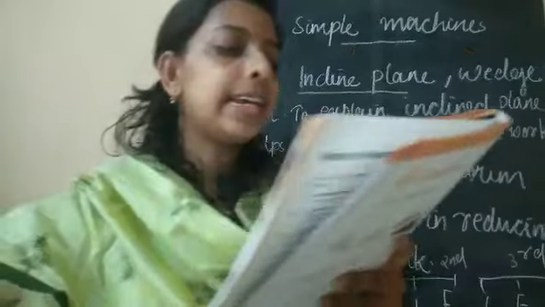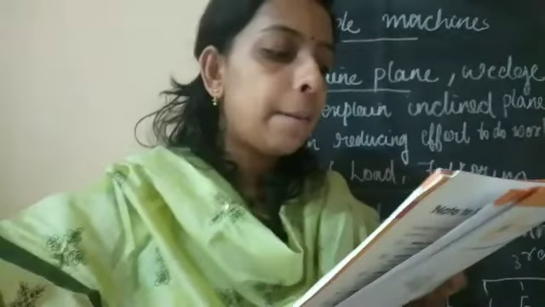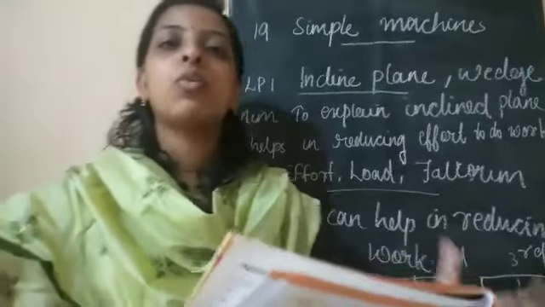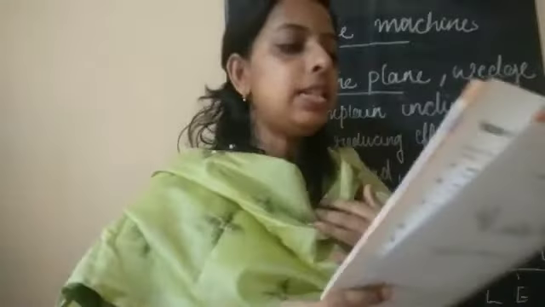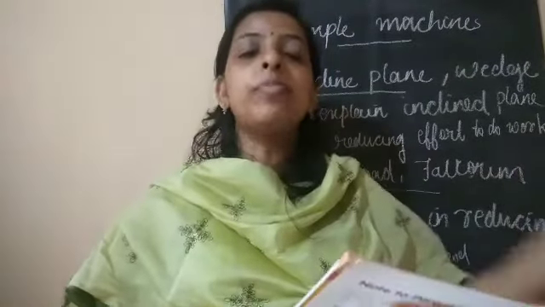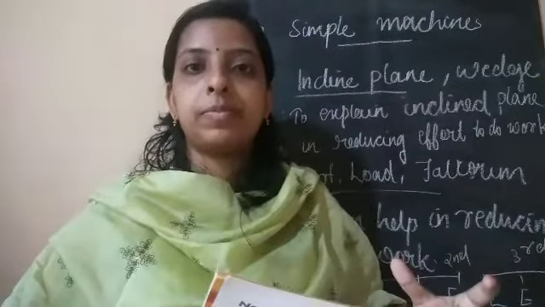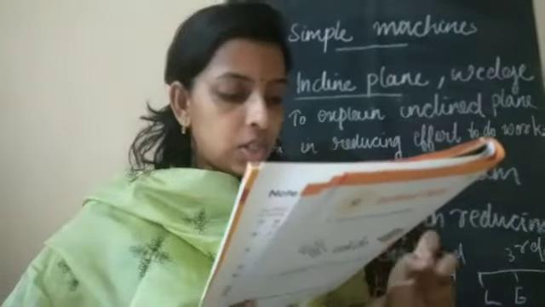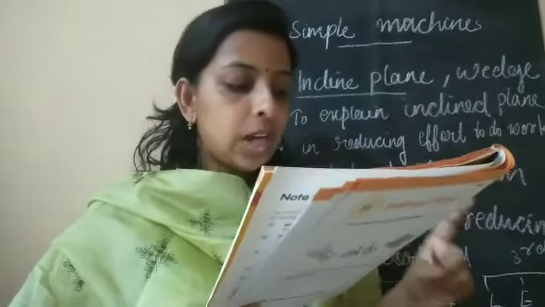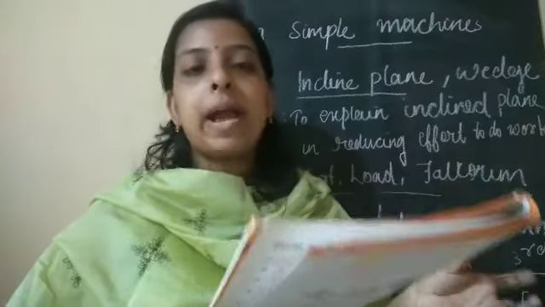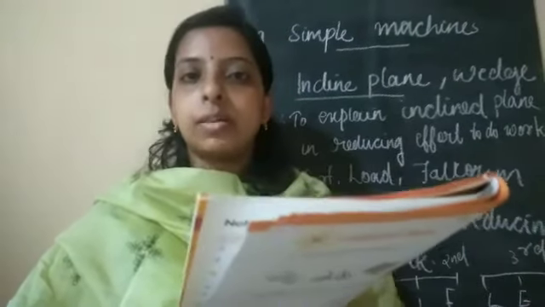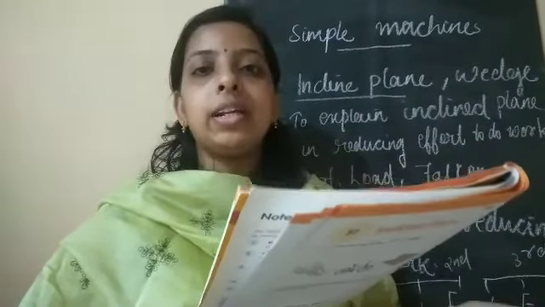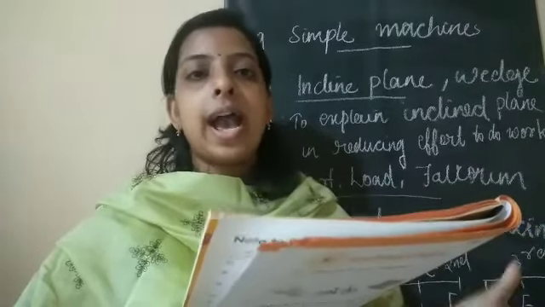Then second question, how do levers make our work easier? The answer is that levers enable us to exert very less effort to lift an object. Then third question, which lever would you use to? First one, cut out a picture from a magazine. We can use scissors. Then second one, lift a hot pan which has no handle. We can use a pot handle.